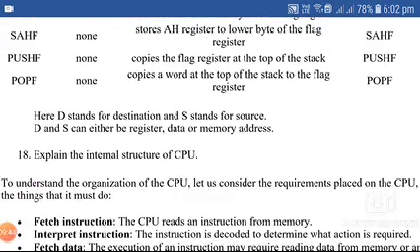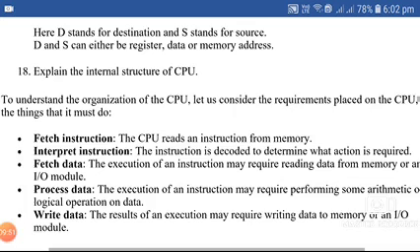Here D stands for destination and S stands for source. D and S can either be register, data or memory address. And next we are going for